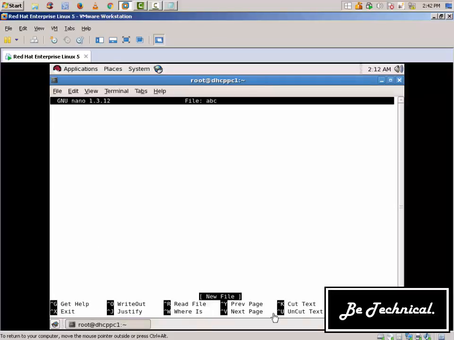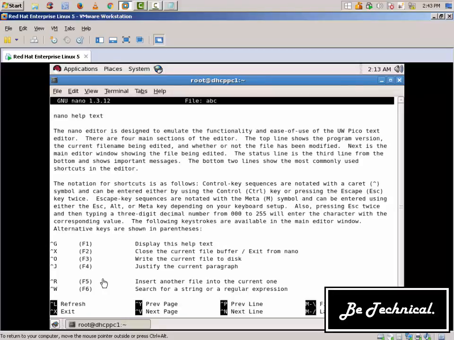Each and every option is preceded by a letter and also an arrow. The arrow key here specifies the control key. Means you have to first press the arrow key or the control key and then the specified letter. So if I want to get help, then I would press Control and then press G. After pressing this, the help would be displayed,